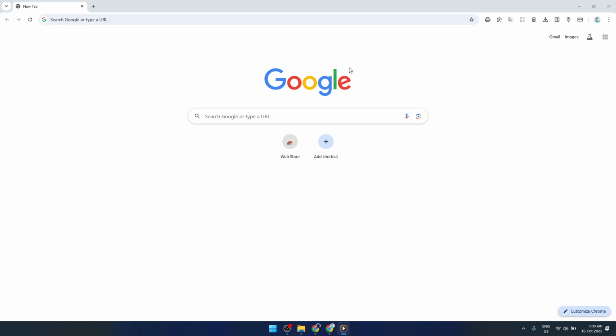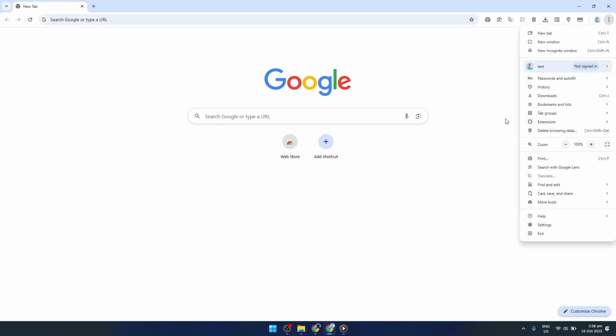First, let's take a look at your browser. Open Google Chrome if you haven't already. Once you have it open, direct your attention to the top right corner of the screen. You'll notice a three-dot icon. Click on this icon to open a drop-down menu. It's essentially your gateway to all of Chrome's options and settings, which is why it's an essential step in addressing